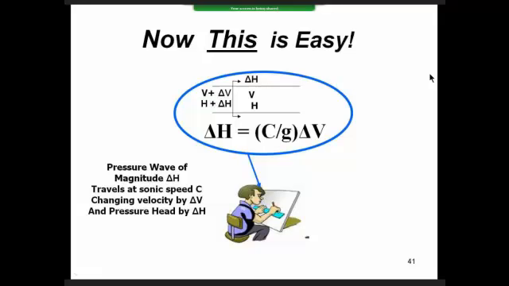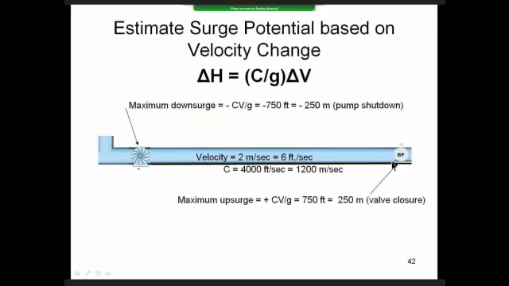We're saying we're going to formulate this solution using this Joukowsky equation that says that the pressure change is C over G times the velocity change, and that pressure waves will start at a point where the pump changes speed or trips, or a valve opens or closes, or a hydrant opens, and they're going to travel at sonic speed, and every time the wave travels by, it changes the velocity by amount delta V and the pressure by a corresponding amount delta H, where the relationship is given by this. So intuitively, it's a very simple